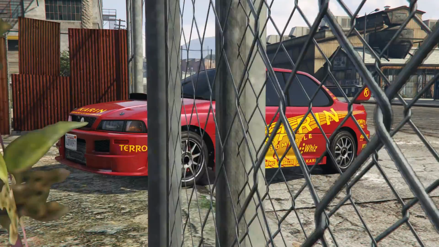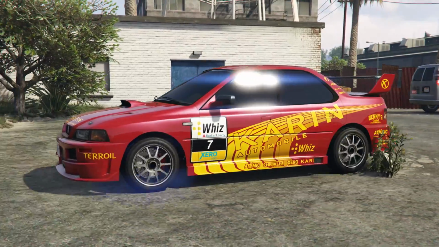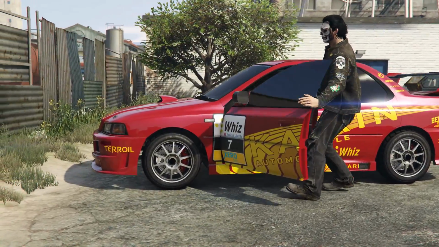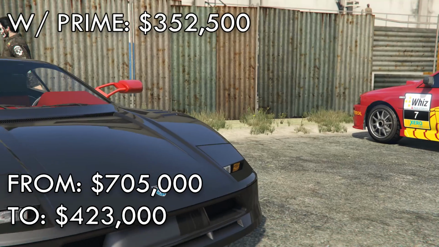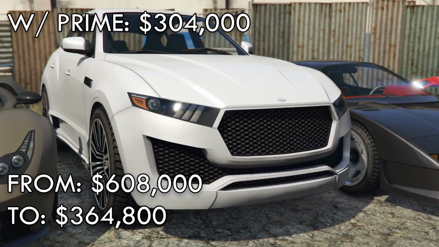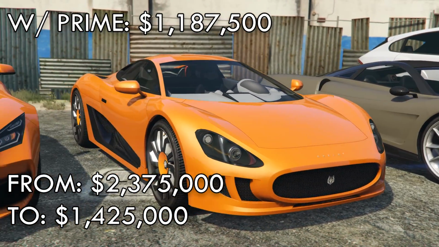For discounts this week, there's going to be 25% off all the arcades, all arcade games, the Master Control Terminal and the Drone Station, as well as the aforementioned 50% off Diamond Casino Heist setup cost and crew cuts as well. For vehicles this week, there's going to be 40% off the Turismo Classic, the Novak, the Osiris, the X821,